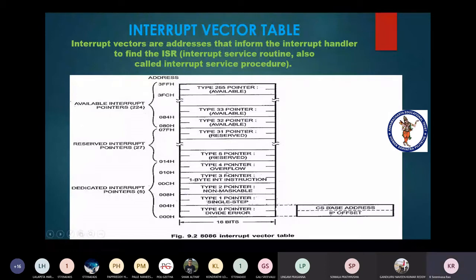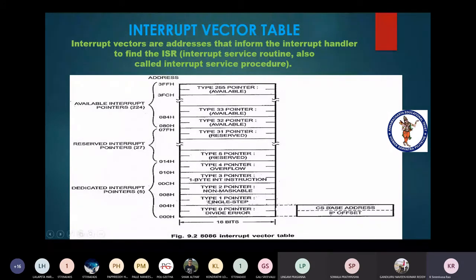Overflow. The overflow will occur when a certain limit is exceeded. Suppose two 8-bit numbers are added, the resultant value is 9-bit, but we have an 8-bit register only. So where can you store the 9th bit? We can't store the 9th bit. That means the size of the register is not sufficient to store your result. So, just like that, when it is an overflow, a certain limit is exceeded, and the type 4 interrupt is generated.